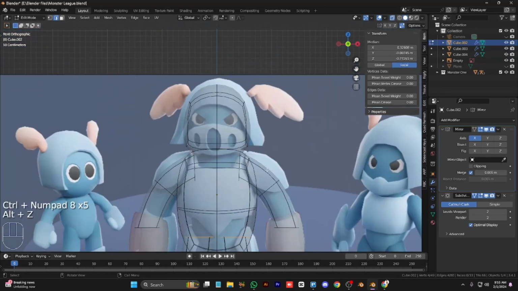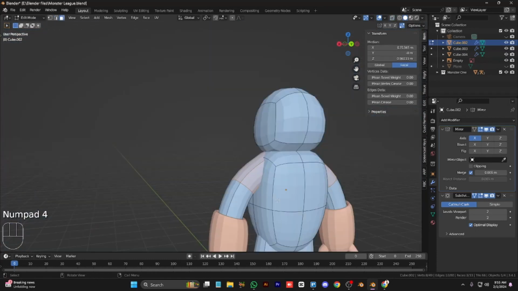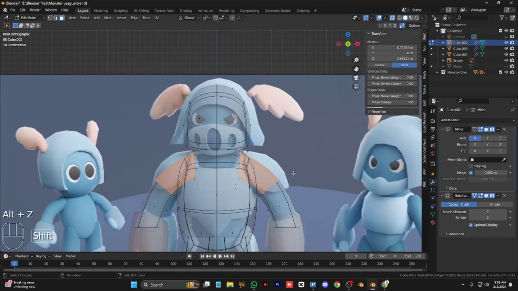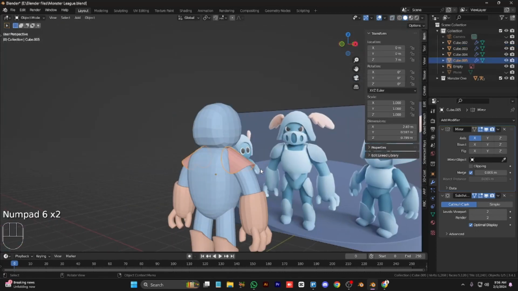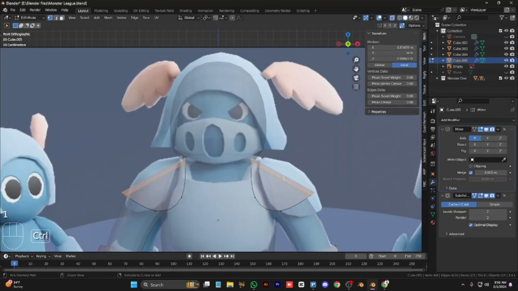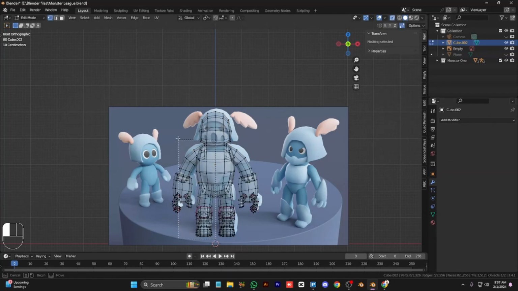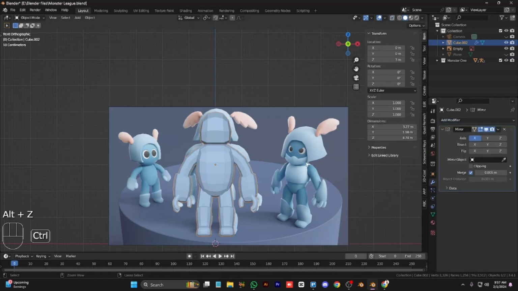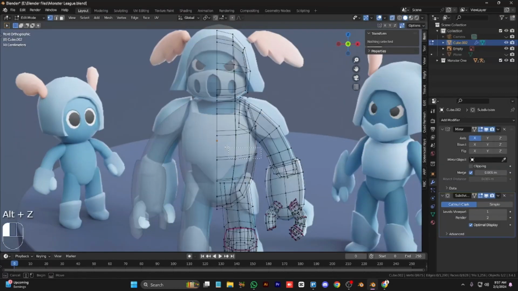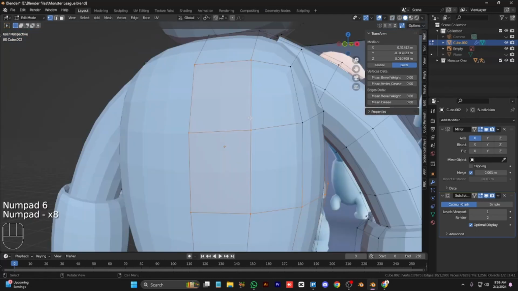Now unhide the hands, and now we have to select the arms to make the shoulder cuffs and duplicate this loop right here. Add one loop cut right there. We can do this later after we make everything, just like the chest part. Now make it a single object by joining the hands and the